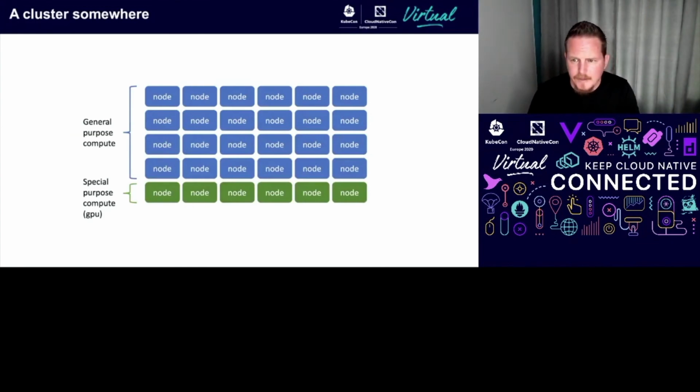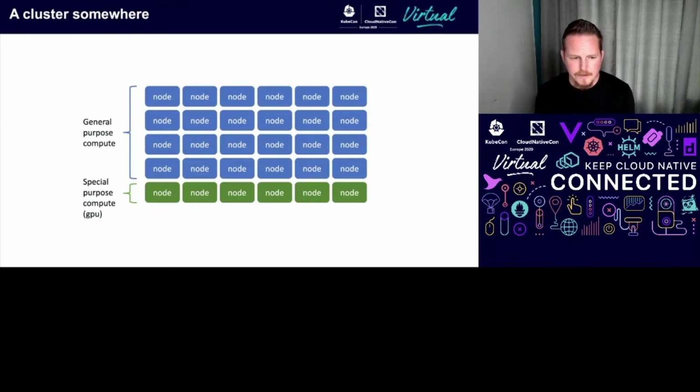And it kind of boils down to, many of you probably have an environment, well, if you're lucky, have an environment that looks maybe something like this, right? And Kubernetes is awesome, so you've chosen to use Kubernetes to manage this environment. And most of the time there will be some number of general purpose compute nodes that are running your applications and your storage and so on and so forth.